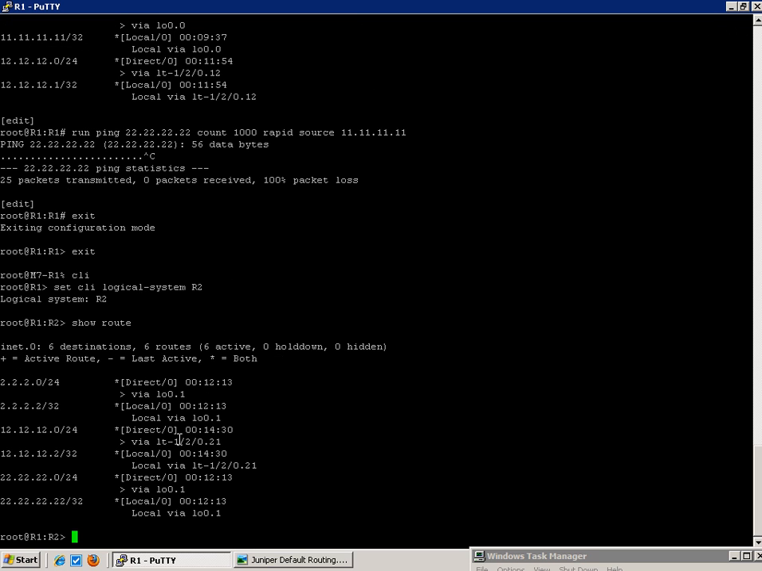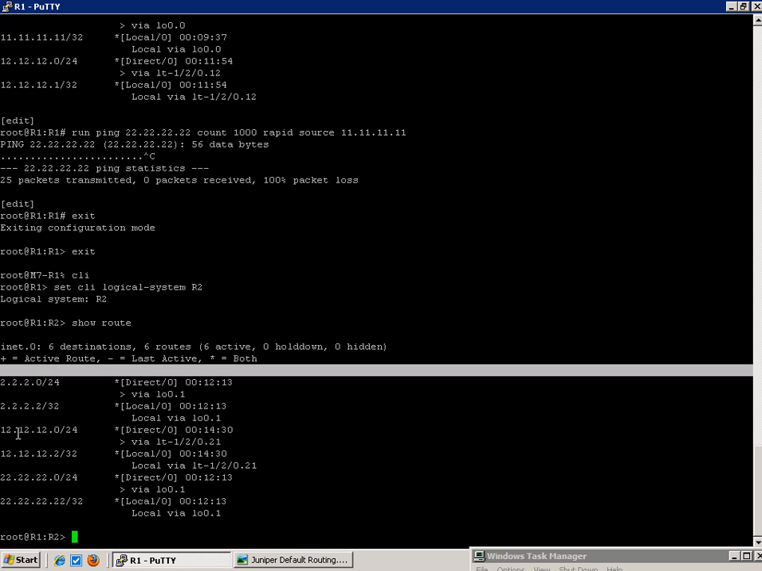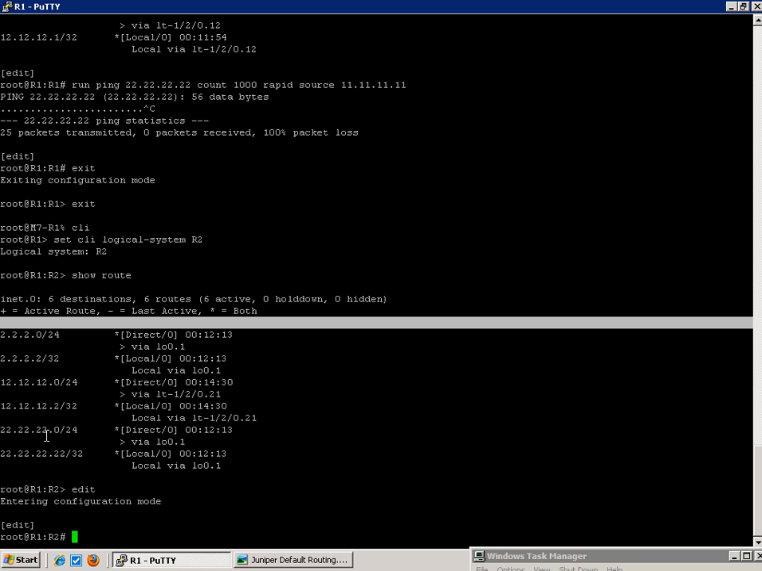So if we were to look at the routing table on R2, we don't have a default route and we do not have a route pointing to the 11 network. So that is why our traffic is unreachable. Or the network is unreachable, I should say. If we go to R2,